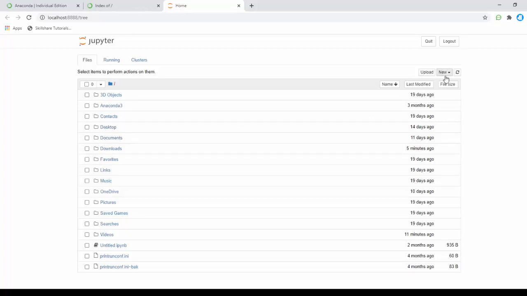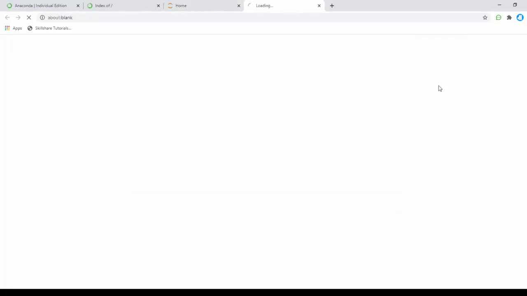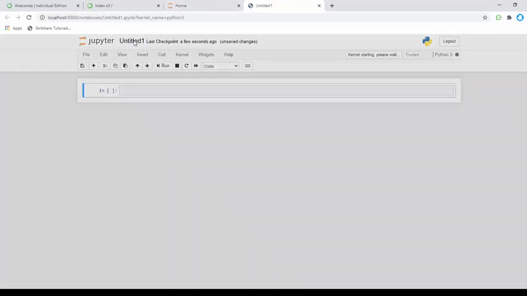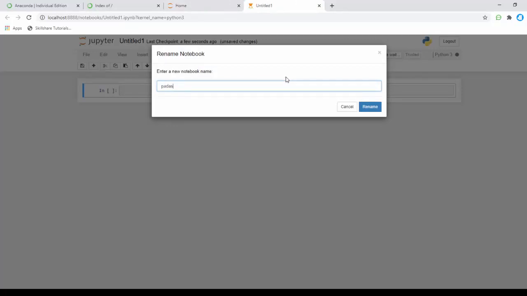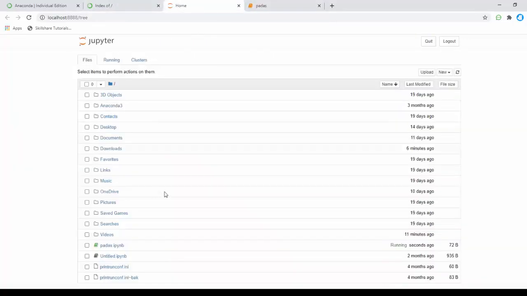Before I start, I'm going to create a new file, a new Python file. I'm going to name it task. In the Jupyter notebook, the file is called an .ipynb file. A normal Python file has the .py extension, but when we use a Jupyter notebook, it shows as an .ipynb file. It can be run only using a Jupyter notebook or in the cloud. We can't run it in a normal text editor.